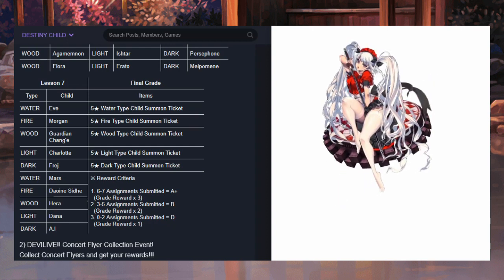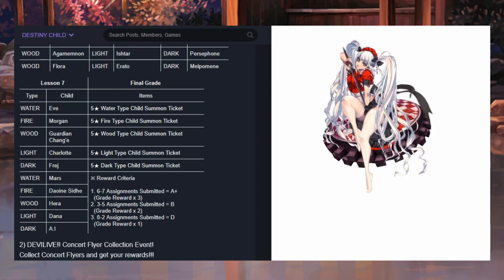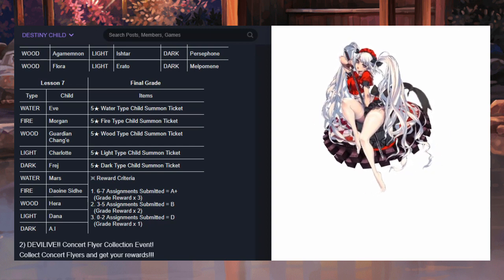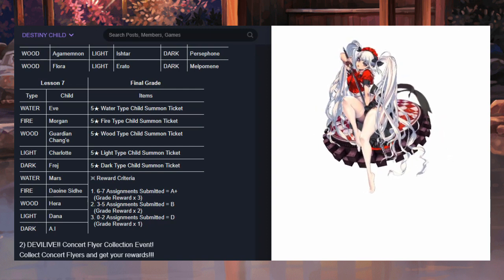And then finally, for veteran players out there, I just wanted to highlight Morgan. Morgan was a Ragna boss, one of the earlier Ragna bosses that we got, and was summon only, and then never entered the general summon pool. So because of that, you can only really get her whenever she appears on a random banner that pops up,